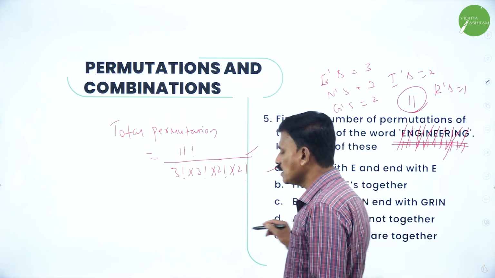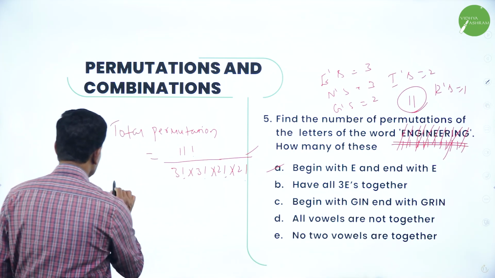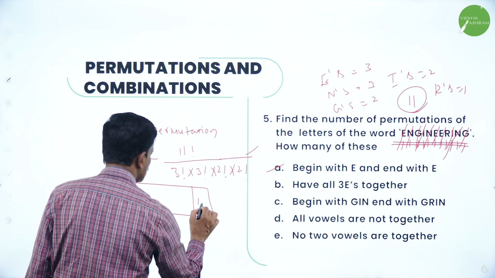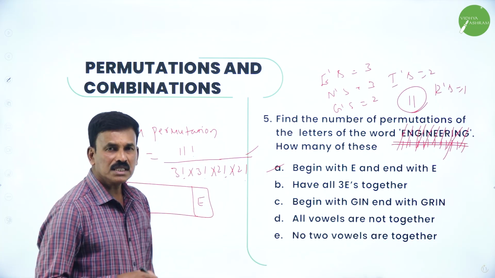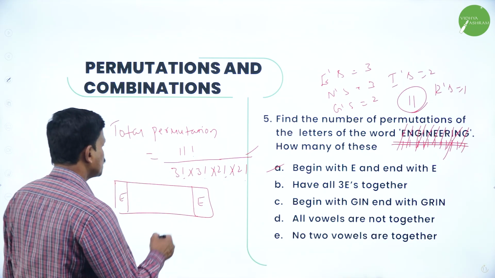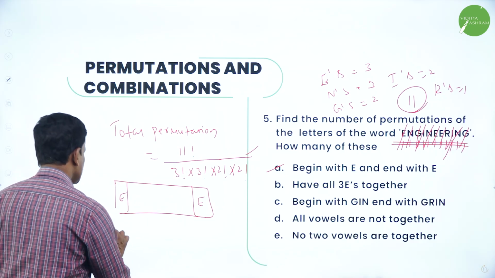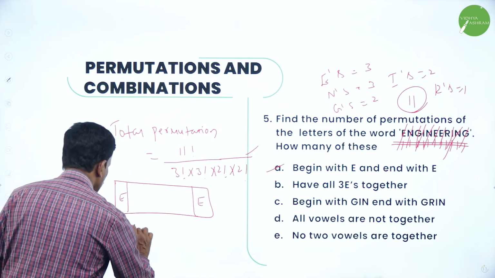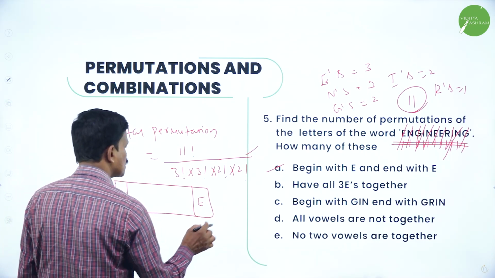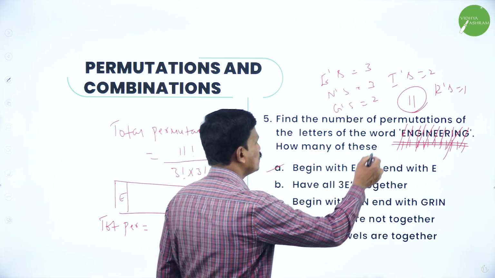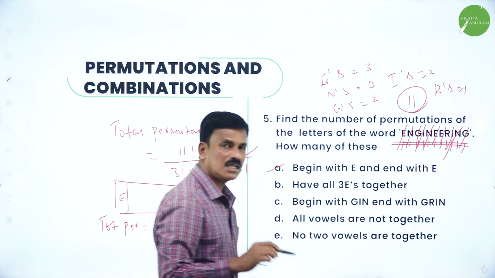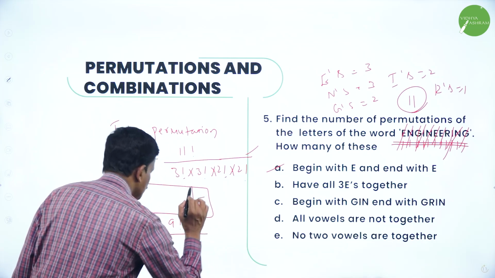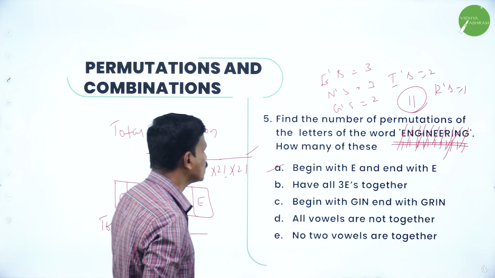Begins with E and ends with E. So the word begins with E and also ends with E. Right? Okay. Just find out the number of permutations which begin with E and end with E. Therefore, the total permutation is equal to, how many letters are there? Out of this 11, 2 are used. 11 minus 2 is 9 factorial in the numerator, and in the denominator, how many